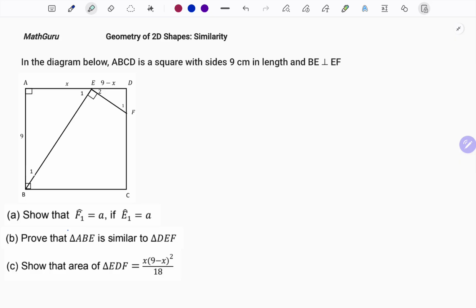We have in the diagram below, ABCD is a square with sides 9 centimeters in length and the line BE is perpendicular to the line EF. The first part of the question says, show that the angle F1 is equal to A if the angle E1 is equal to A. So I'm going to mark that in the diagram as shown,